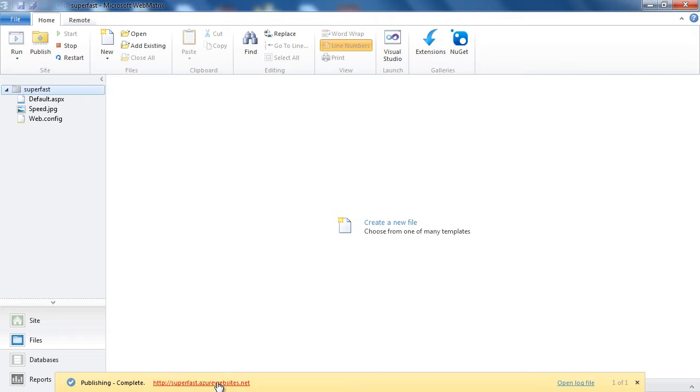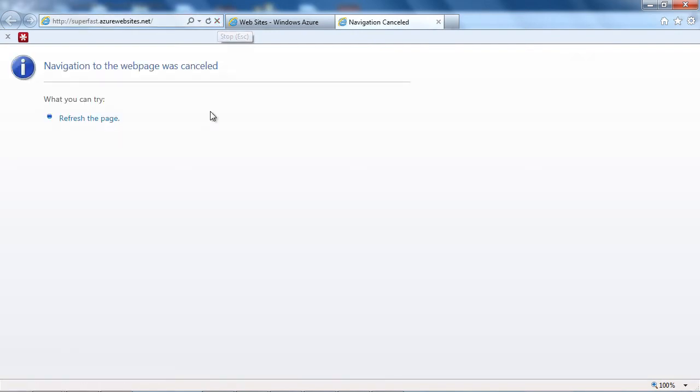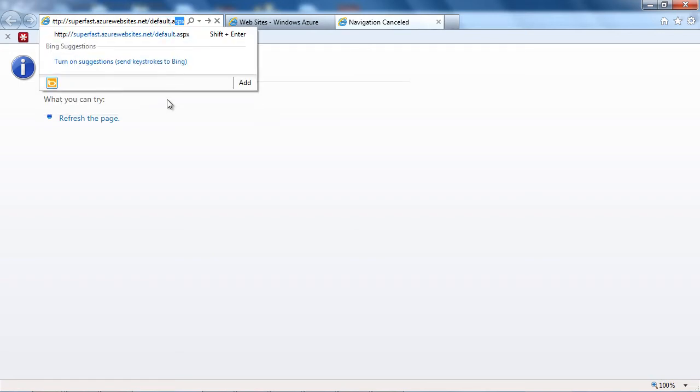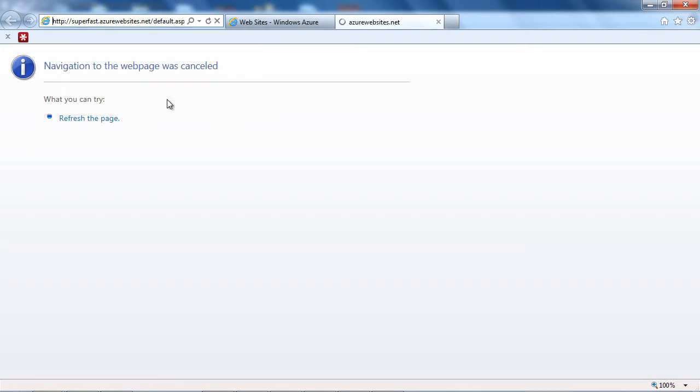So I'm going to click this link, and then I'm going to stop this actually. And the reason I did that is because you'll remember that my failed request rule was tracing star.aspx pages. So I can't just request the default document here. I have to actually explicitly request default.aspx. So I'll hit enter here. Now my request is for a page that ends with ASPX, and so I'll get that failed request tracing log. All right,